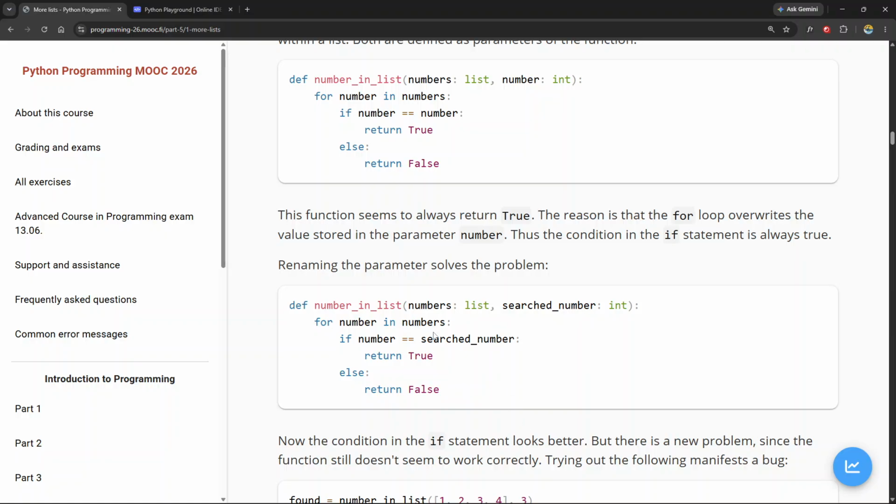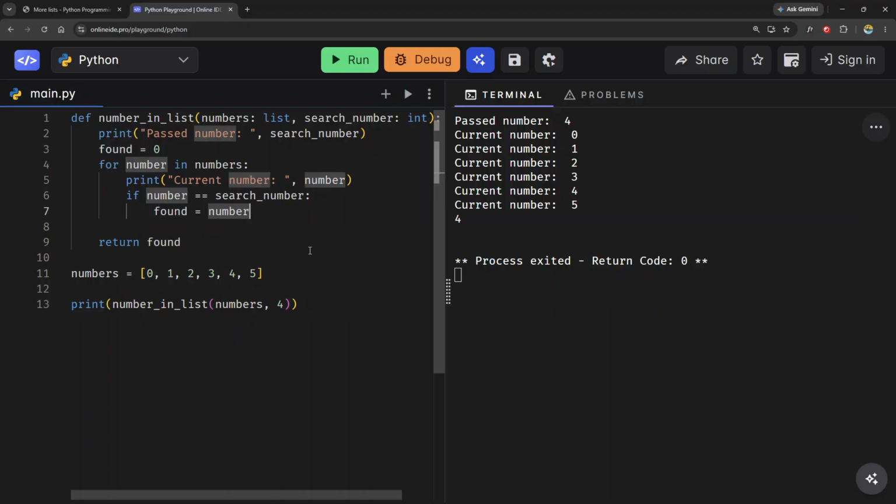This still doesn't go through our entire list, right? Changing this will still return true. I mean, will still kick us out even if the number does exist. I'm sorry, if the number does exist, right? So hopefully that makes sense, as I've demonstrated in this part here. I say, for example,